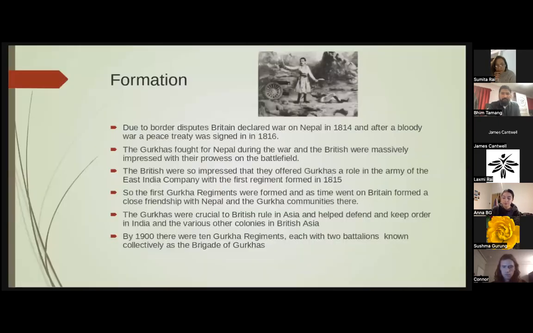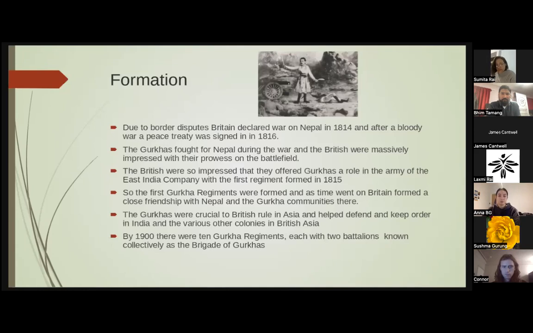So for a bit of history, the Gurkhas come from Nepal, which is in the Indian subcontinent. It borders what is now India and China. In the early part of the 1800s, Britain did go to war with Nepal over border disputes. Eventually, the peace treaty was signed in 1816, after Britain got quite a bloody nose in that war. The Gurkhas were exceptional soldiers and gave the British a run for their money in quite a few of the